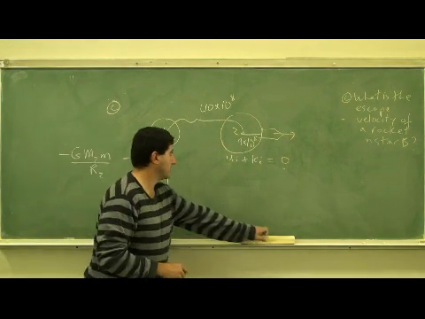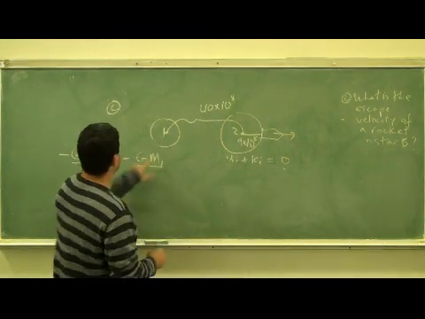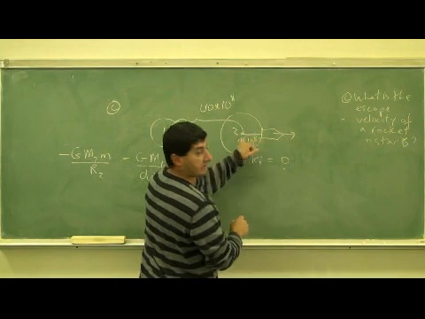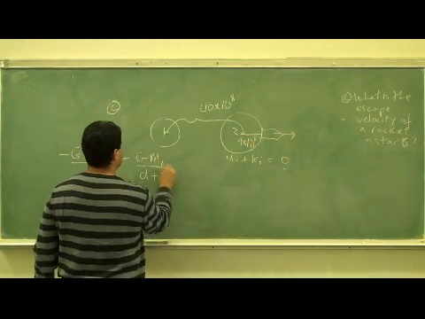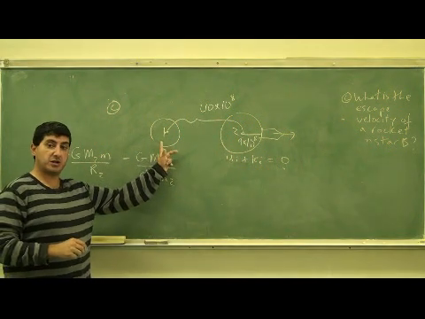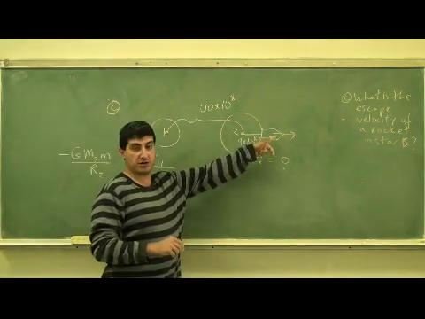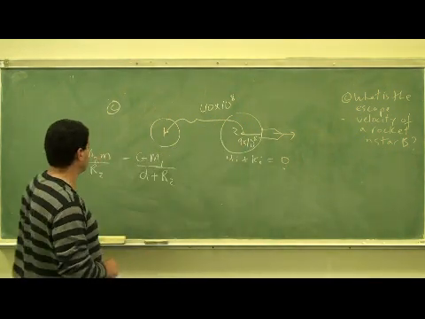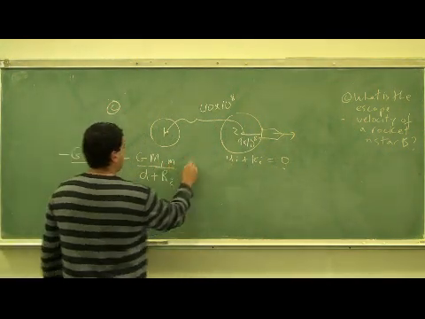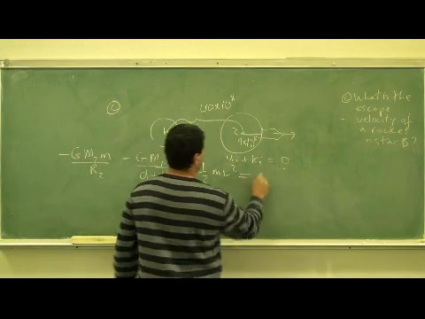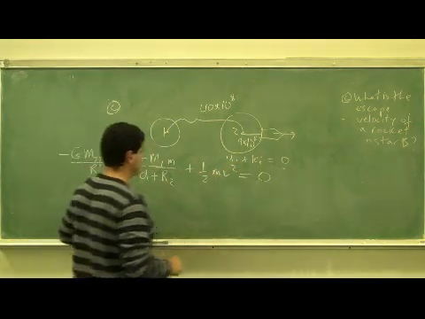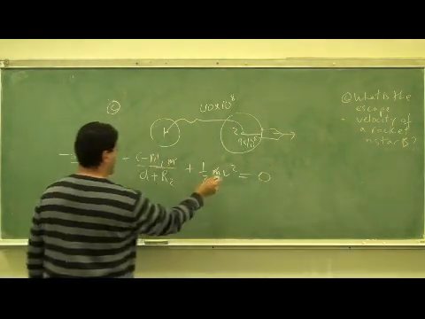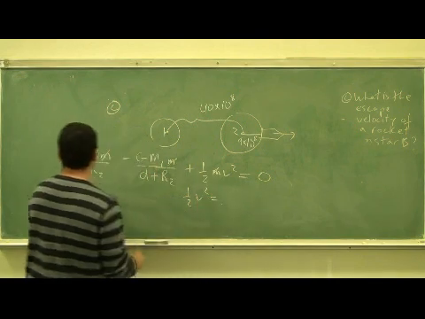Or sorry, actually, no. What matters is the distance from the center of this to the center of that, which is D, plus the radius of that guy, right? So the radius of this star doesn't matter if you're trying to escape from that star. If you're on this star, then the radius of that guy wouldn't matter. And then you have little m, plus the kinetic energy that you're going to have to give it equals 0. U initial plus K initial is 0. Okay, so then the little m cancels again, and you have basically half v squared is equal to, again, this thing,